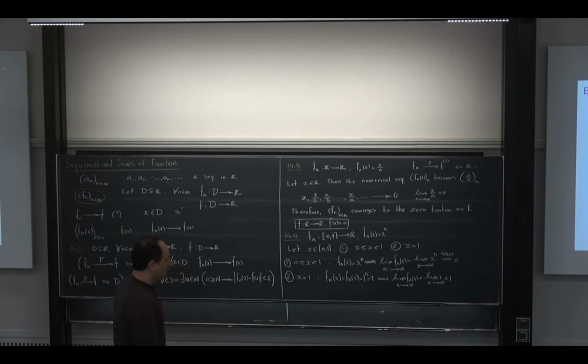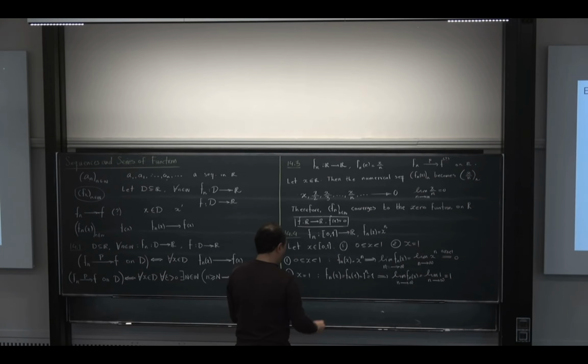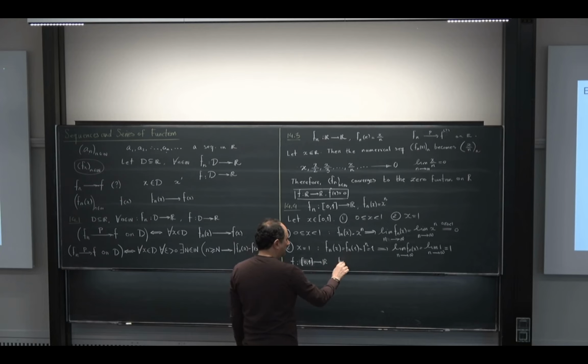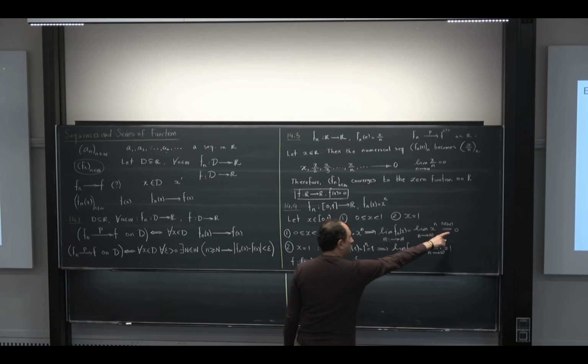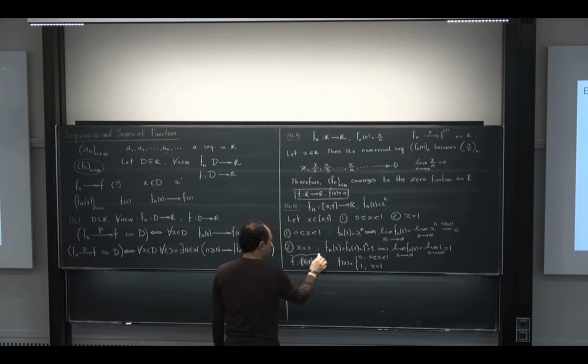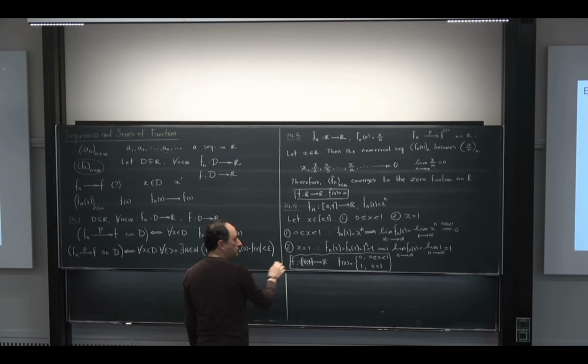Finally, in the test, you have to write the function which is the limit. So we learned everything, but what is the limit finally? I would say that f of x, f is defined on R to R. No, sorry, it should be on the same domain, [0, 1] to R. But what is that? F of x has two different values. It becomes 0 if x is between 0 up to 1, 1 not included, and 1 if x is equal to 1. So this is what we expect in the test to write as the final answer to the problem.